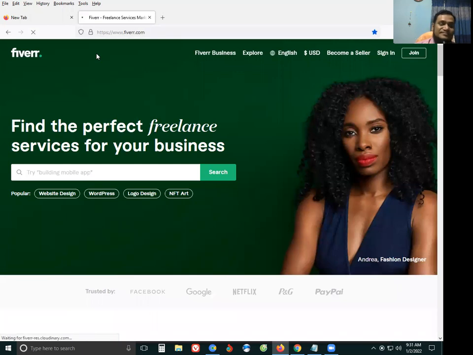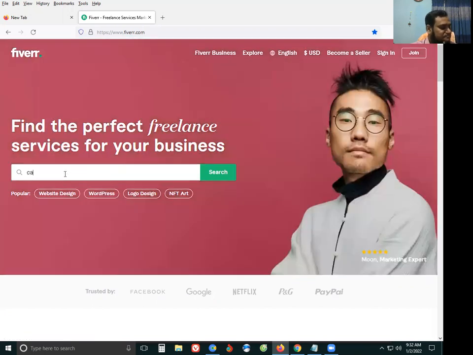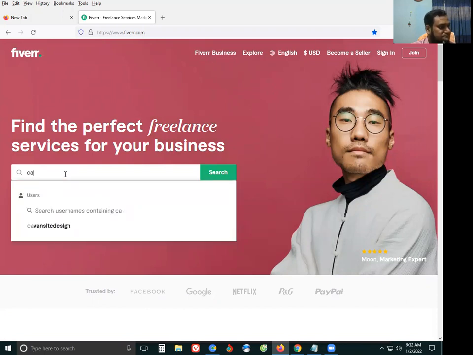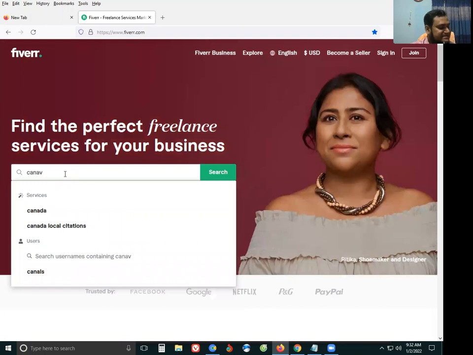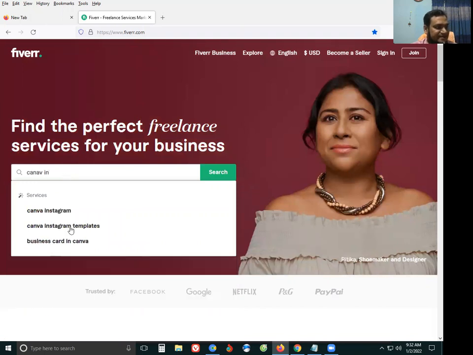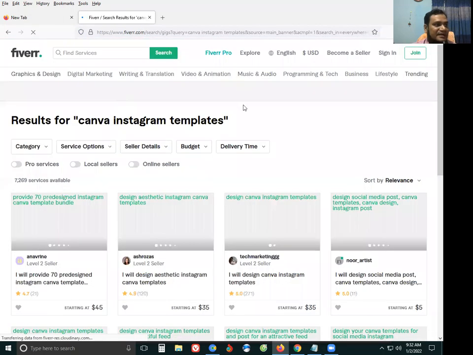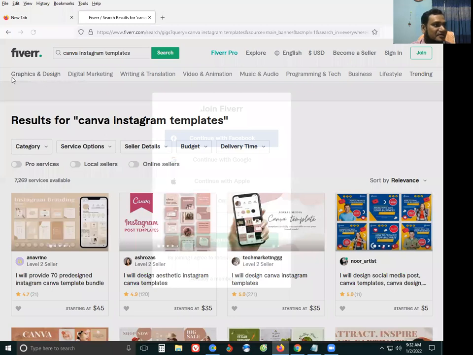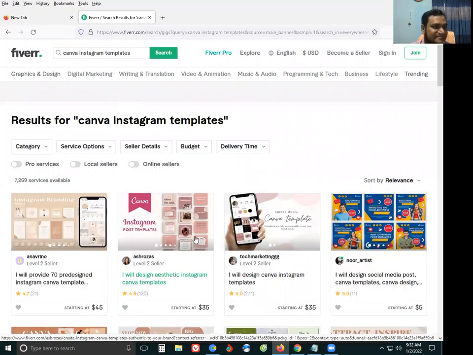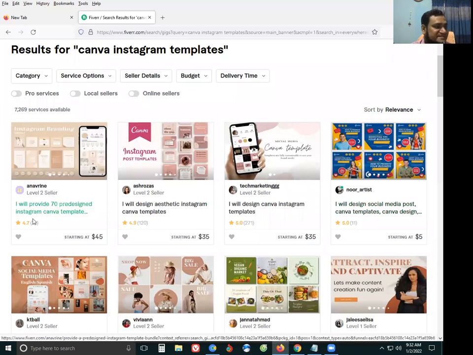Pay per click and a lot of other sites are online make-money sites. Fiverr is a marketplace. Searching Canva, Instagram template, and Canva design template for making money on the Fiverr marketplace, I see a lot of sellers with gig presentations on Fiverr.